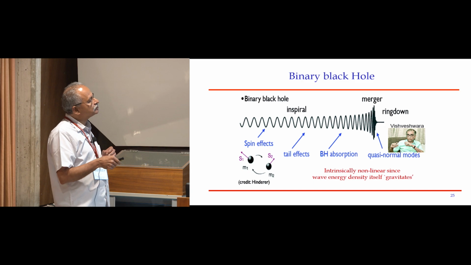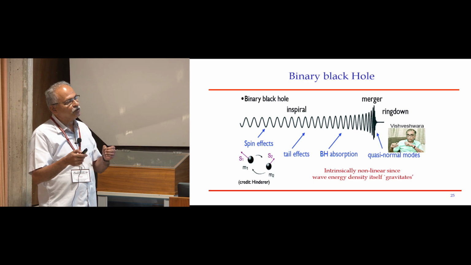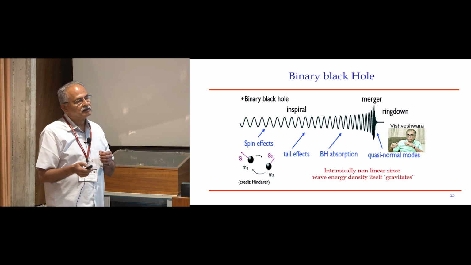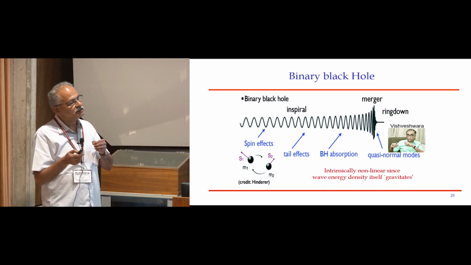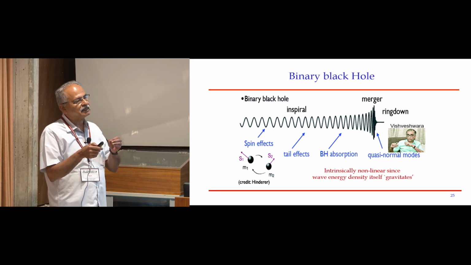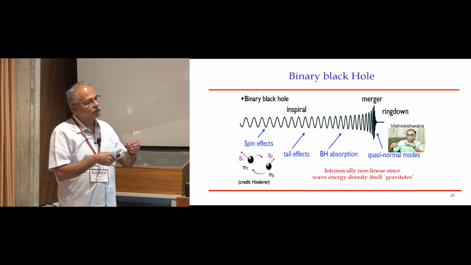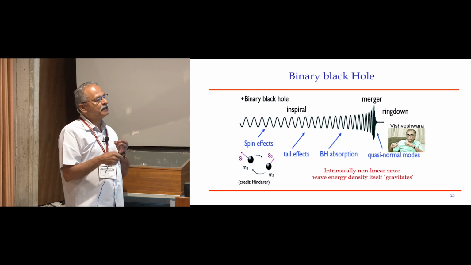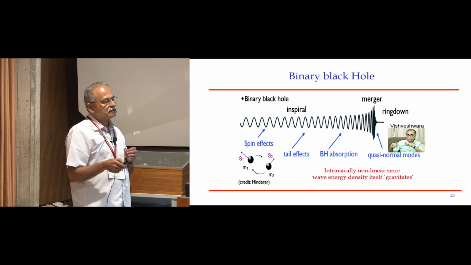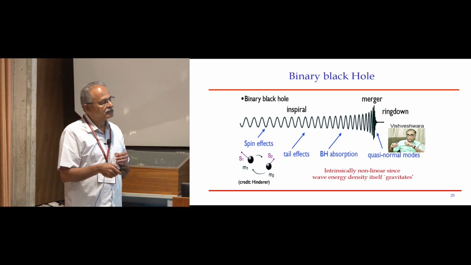The last thing I want to say in my primer is the kind of objects which we are talking about are binary neutron stars, because that is a kind of object which we had seen. But you may imagine that in addition to binary neutron stars, if the mass of the system is larger, it would not be a neutron star, it would be a black hole. And you can imagine a binary black hole kind of system. So when people were talking about coalescing compact binaries, they knew that not only are there binary neutron stars, there can be binary black holes, and there can also be,